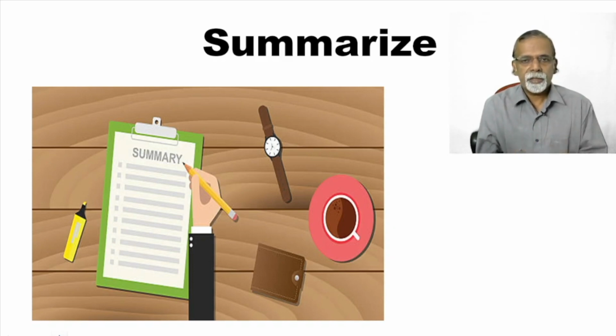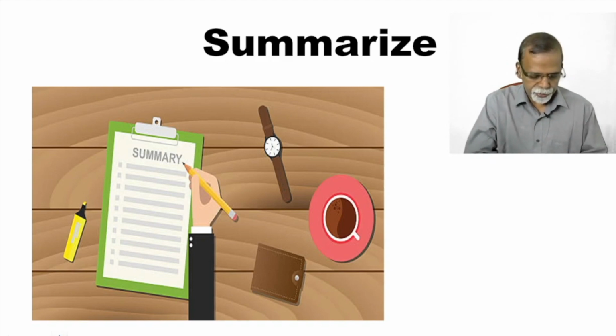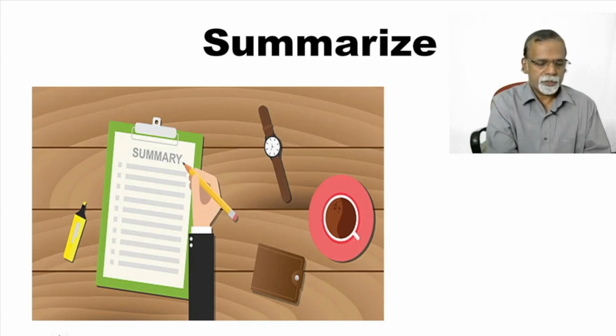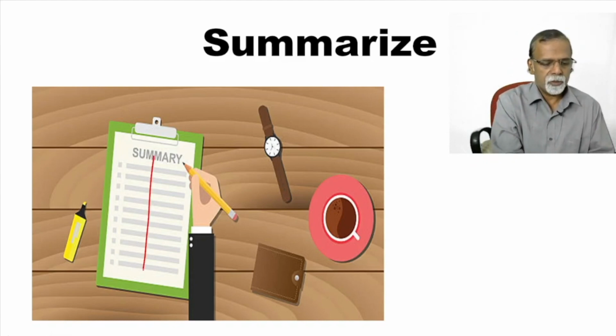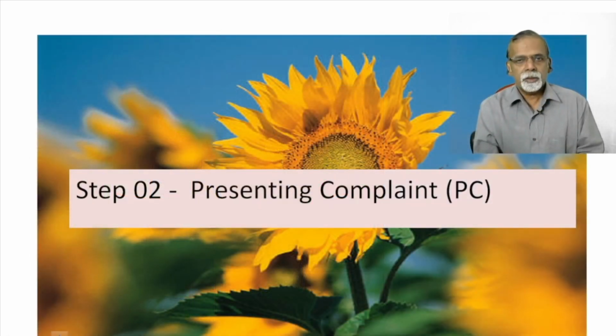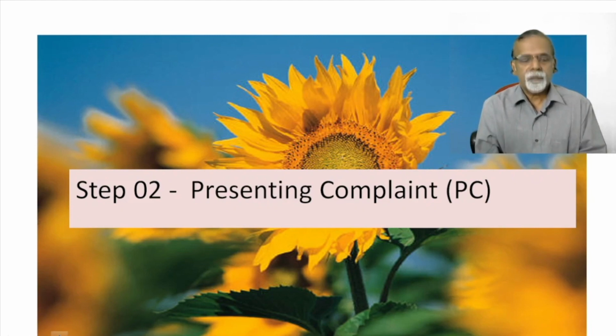And while the patient is giving the history, try to avoid looking at the paper and starting to write. There should be a way to form the notes. In the next session, we will discuss how to write the notes so that later they can be converted into a proper history without being distracted from the patient's history and without the patient losing interest in talking with you. So with this introduction, we will go to the proper part of the history taking.